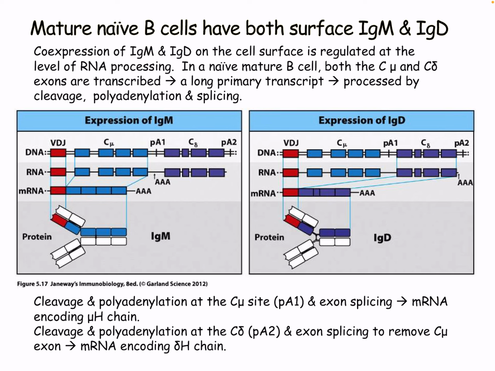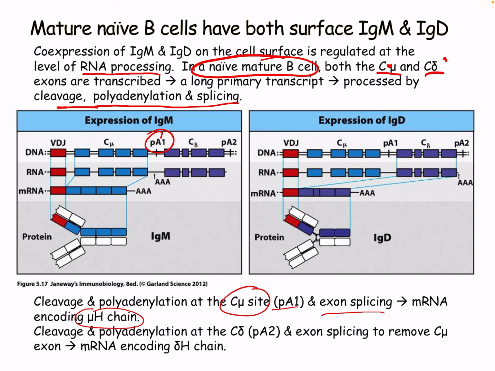Co-expression of IgM and IgD on the cell surface is regulated at the level of RNA processing. In a naive mature B cell, both C mu and C delta, so IgM and IgD, exons are transcribed in a long primary transcript. This is processed by cleavage and polyadenylation and splicing. So cleavage and polyadenylation at the C mu site, we can see at PA1, so this is our polyadenylation 1, and exon splicing. Then we have our mRNA encoding the mu heavy chain, as you can see here,